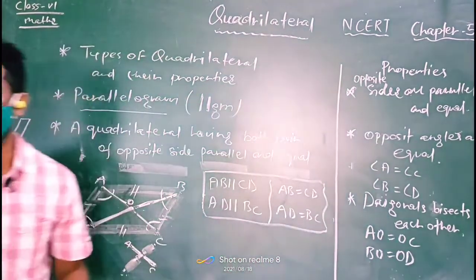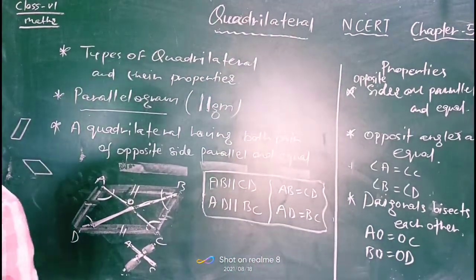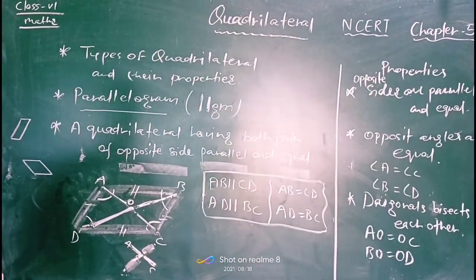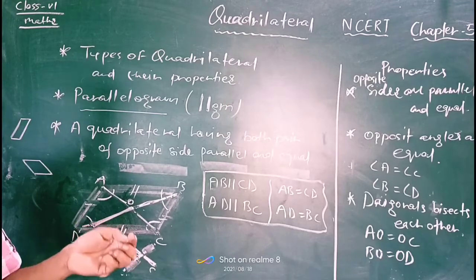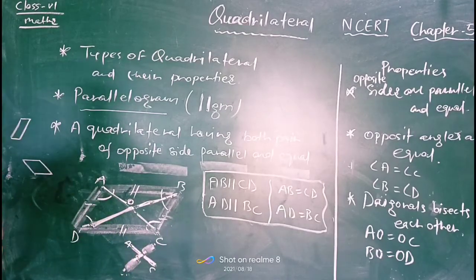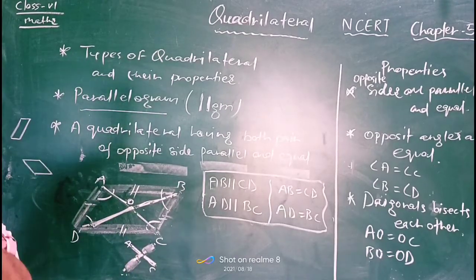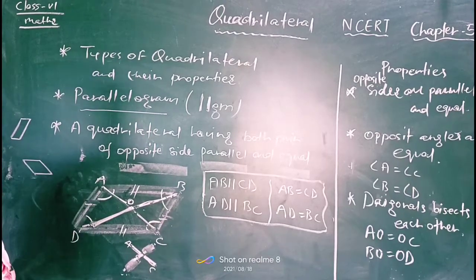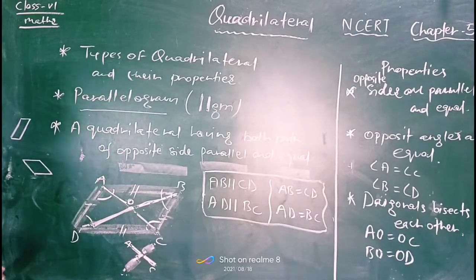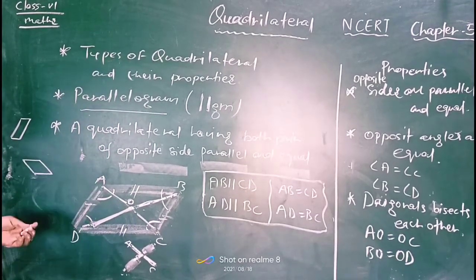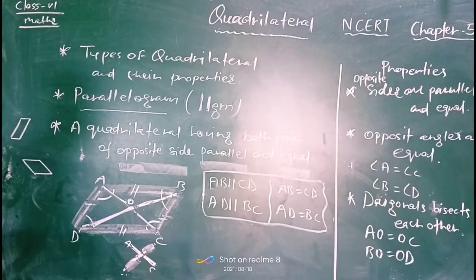These are the three properties which you will read about this parallelogram. And thereafter one more thing I must tell you about the parallelogram. What you have seen is that the opposite angles are equal, the diagonals bisect each other, and the opposite sides are parallel and equal. So this is about the parallelogram. If you want to have the screenshot, you can have it. Otherwise, I will erase this.